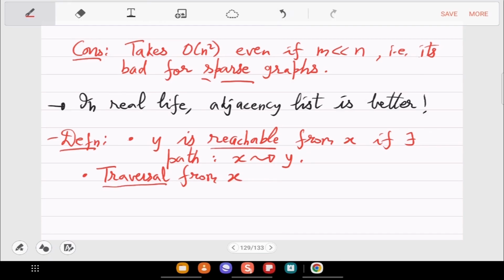Okay, so this term will just mean that you traverse the graph starting from origin X and find out what you see, and store that information.